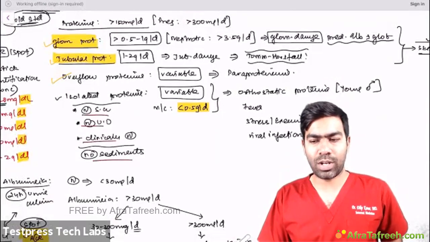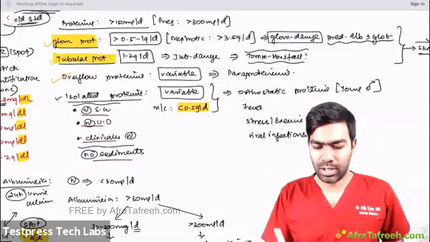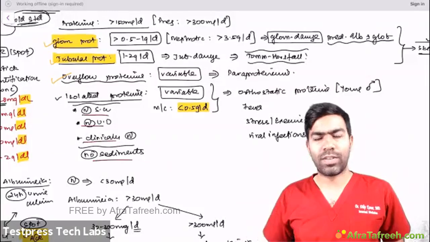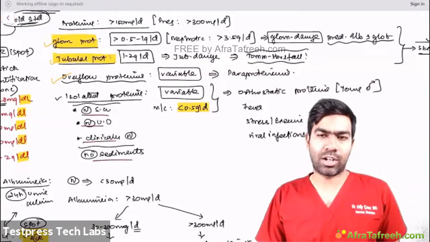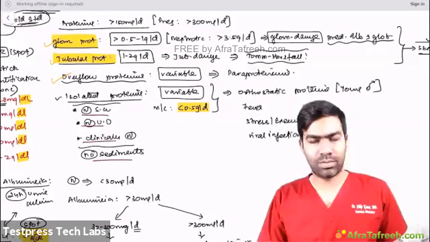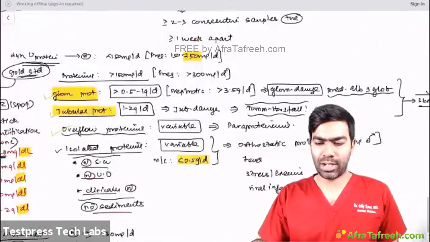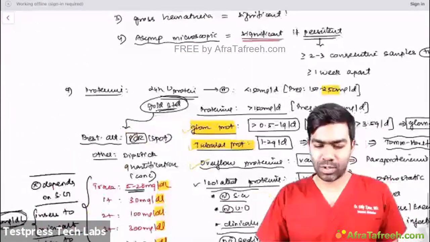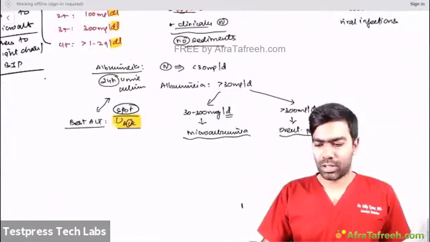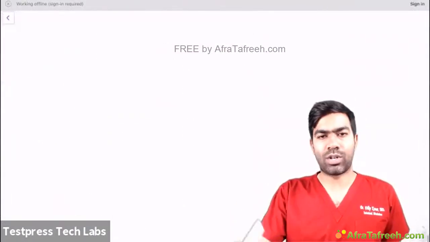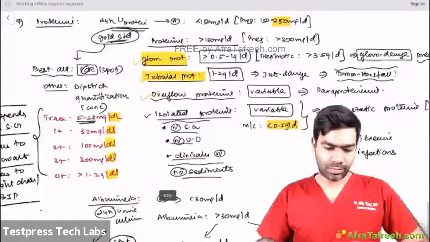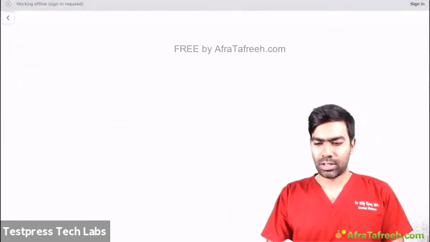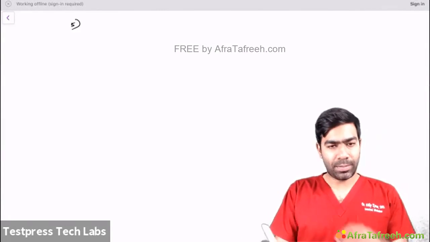But overflow proteinuria, isolated proteinuria, definitely has no sediments. Overflow proteinuria usually will not have sediments, because it is due to too much production of protein that causes the proteins to come out in the urine. So it is unlikely to have sediments unless there is another kidney damage going on. So I think we have had decent coverage of proteinuria as well, which is very important. So we have discussed 4 things. Then we move on to the 5th one,